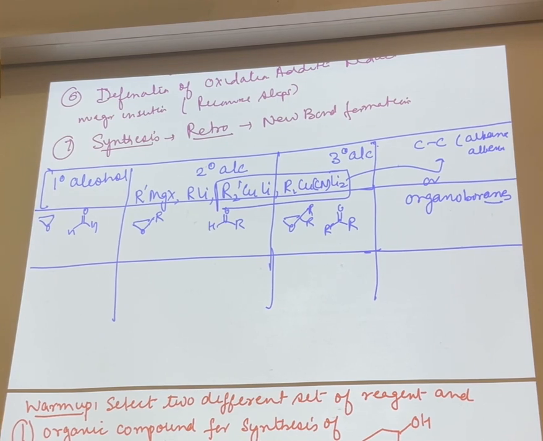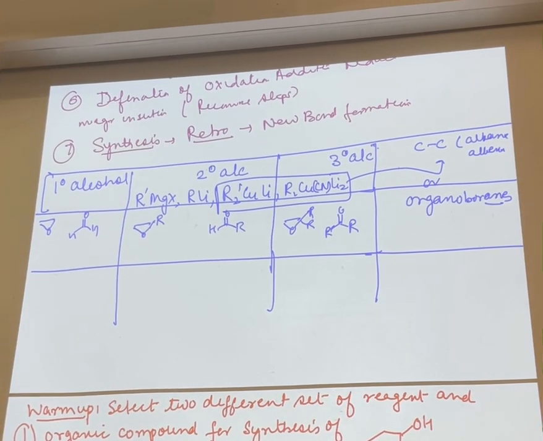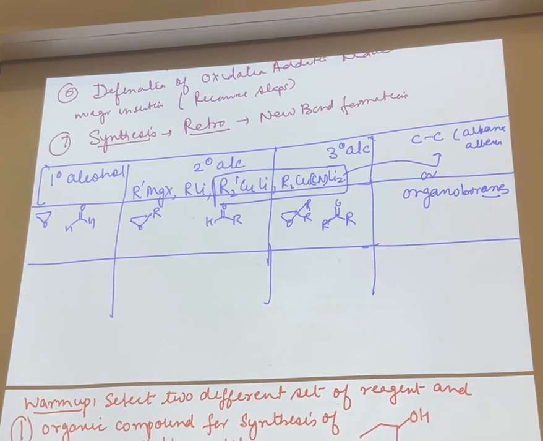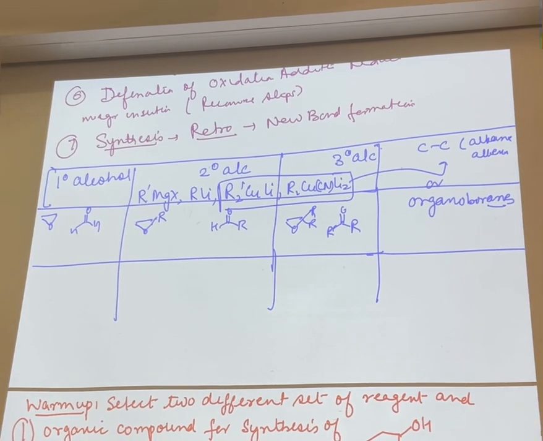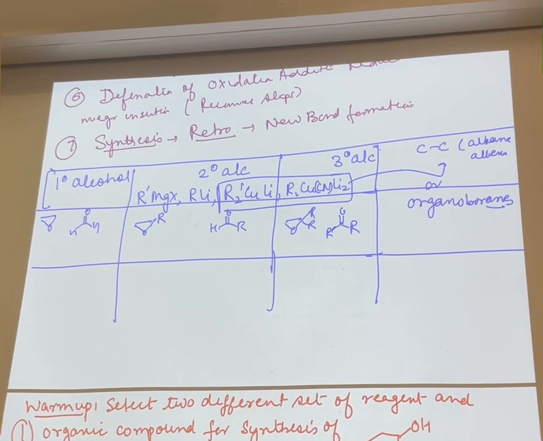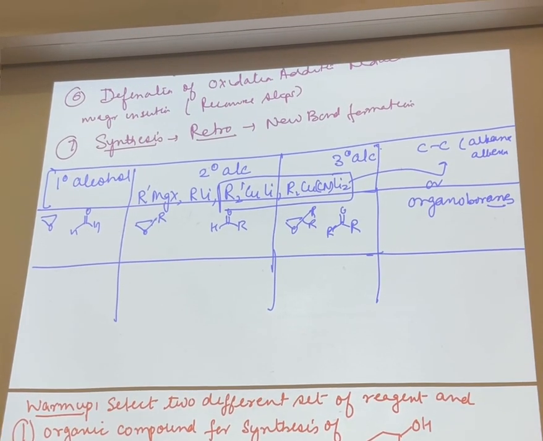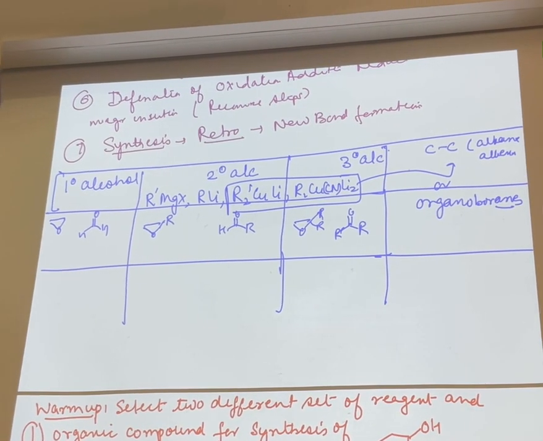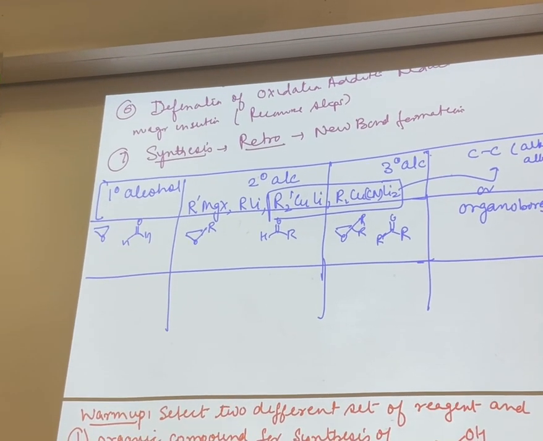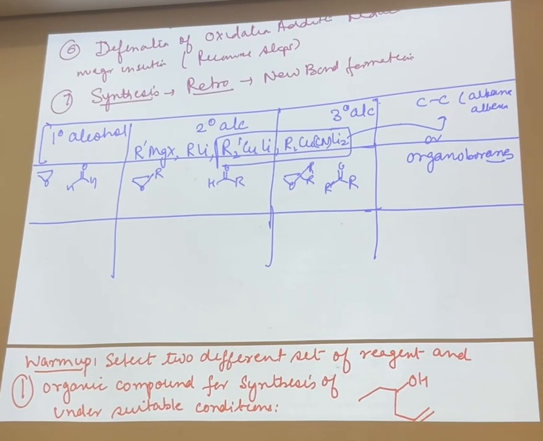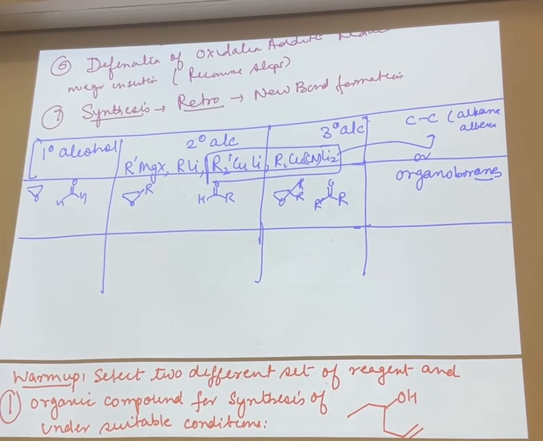It's the same with the higher order cuprates. Cyanocuprates are also cuprates only. But you put a withdrawing group on them, they become more nucleophilic. So that is why the yield of the products is better. They do the similar reaction. At your level, we don't consider them different. There is no reaction I've given you where cuprates like Gilman can work and cyano cannot work. So I didn't give you any because it's not at your level.